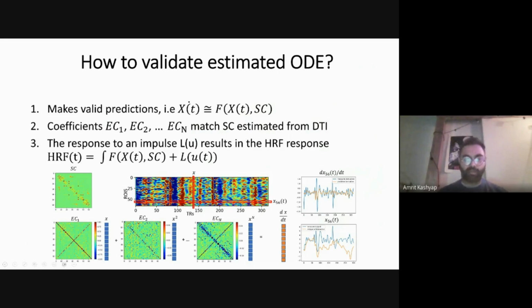So here, I'm calling this the effective connectivity, the different orders of the Taylor series coefficients: first order, second order, and all the way to the nth order. We're going to look at how all of these coefficients are related to the structural connectivity and make sure that it represents a biophysical model. The second thing is that we train the model on predicting the derivative, so it better be able to predict the derivative. So we have to look at whether or not it can. The third thing we're going to use to validate the system is to put in an impulse response and make sure that we get a hemodynamic response function, because this is going to be important in decoding